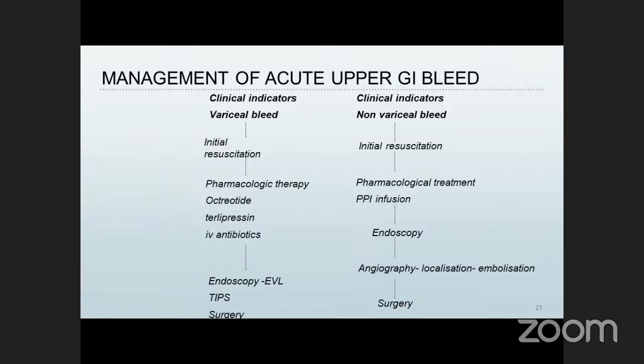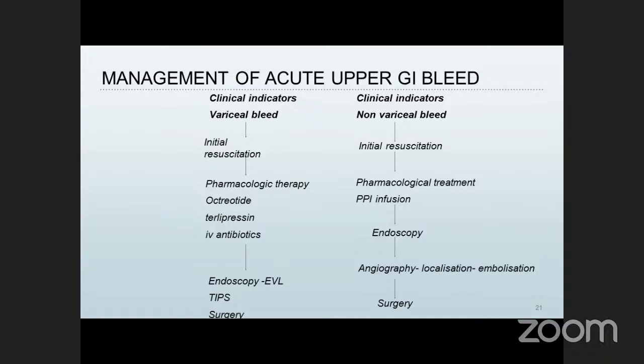Terlipressin has to be used. Terlipressin 1 mg every 6 hourly, and IV antibiotics are to be given in a case of variceal bleed in order to prevent spontaneous bacterial peritonitis. The best is ceftriaxone. And after this initial pharmacological therapy, one has to go ahead with endoscopy and endoscopic variceal